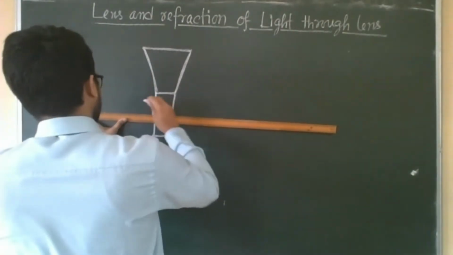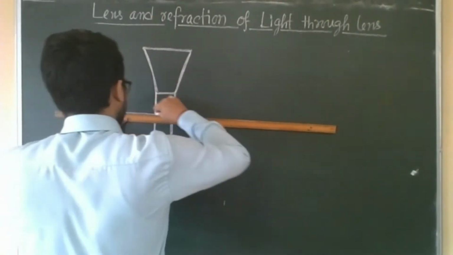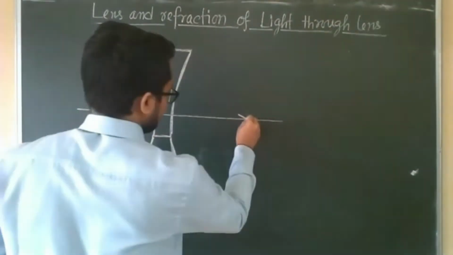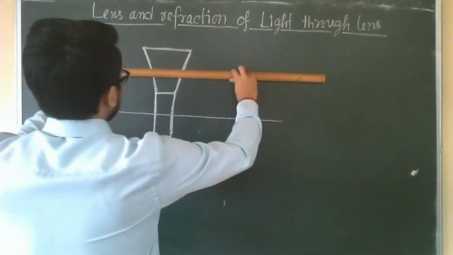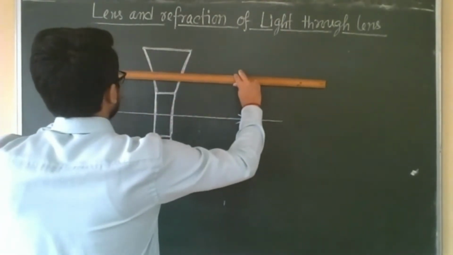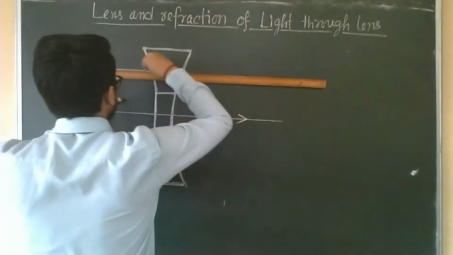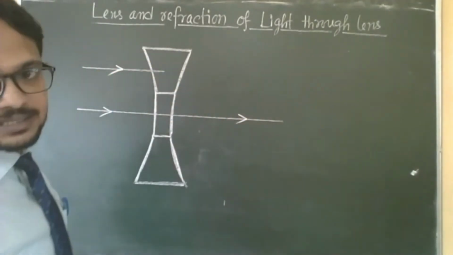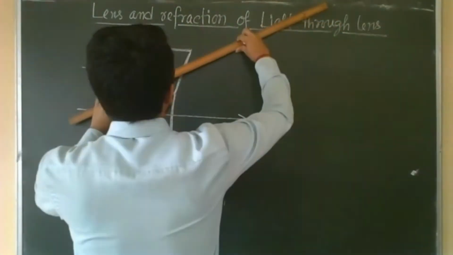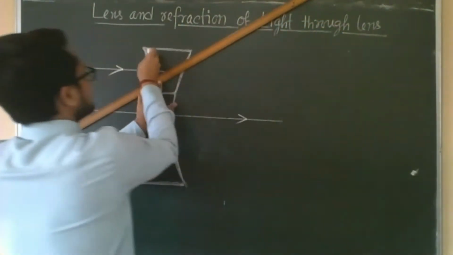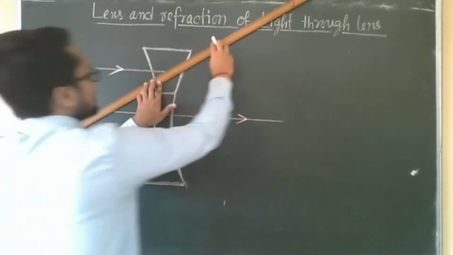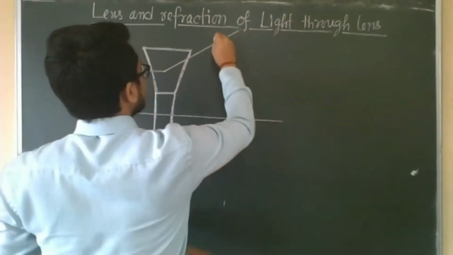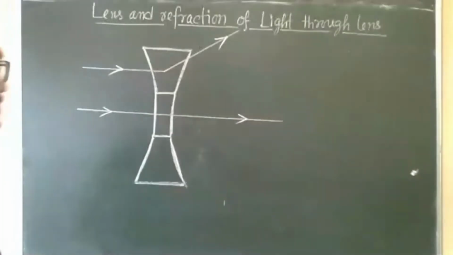So the first ray I am taking through the slab, and it is normal incidence, so no deviation. It will go along the straight line. Second ray, I am taking here on the prism, what will happen? The ray will bend towards the base. So where is the base? This one is the base, right? The upper one is the base. So the ray will go towards the base. That means in this direction it will get refracted.